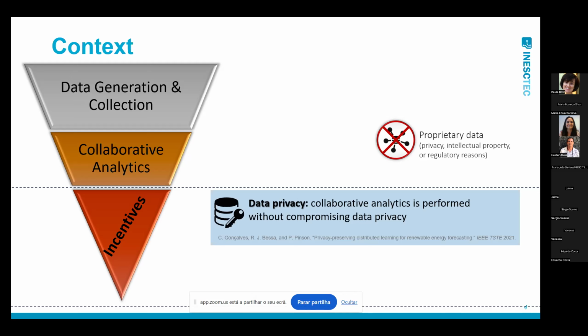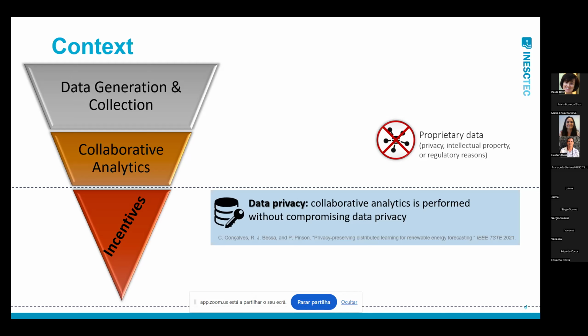The problem with this technique, it is a very simple technique. It's independent of the model we use. But the problem with this technique is that there is a trade-off between data privacy and data utility, because the more noise you add to your data, the more protected it is, but the less information it provides to the collaborative models. And another way to do this without hurting the performance of the forecasting model is by using encryption